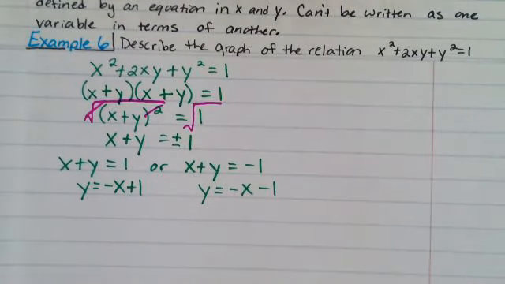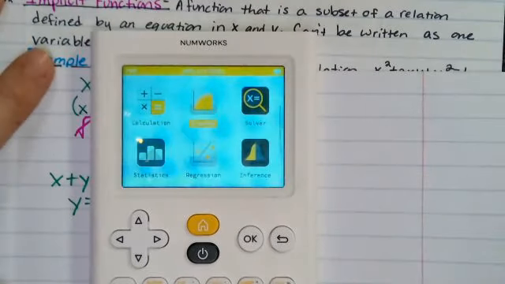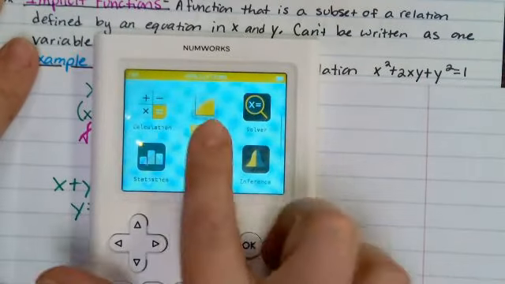What we're going to do is, on our NumWorks calculators, I'm going to show you what this looks like, okay? We're going to graph this together. So if you are working with a NumWorks, again, that app is free, so you're always welcome to download that and work with it. But on my NumWorks calculator, I'm going to go to the grapher,